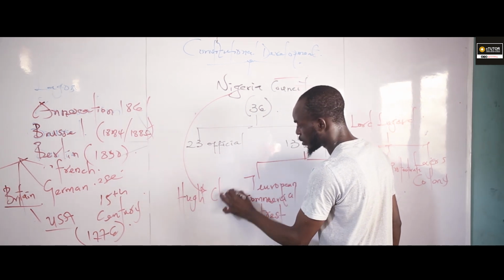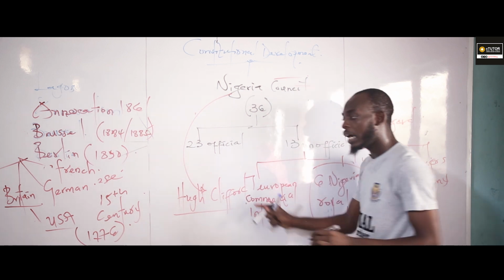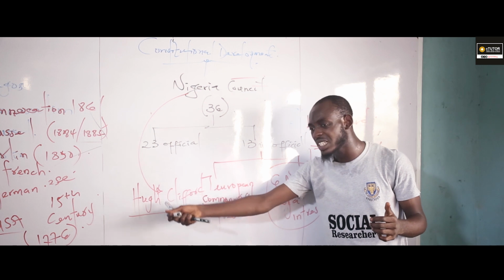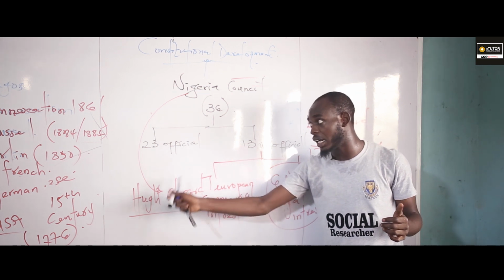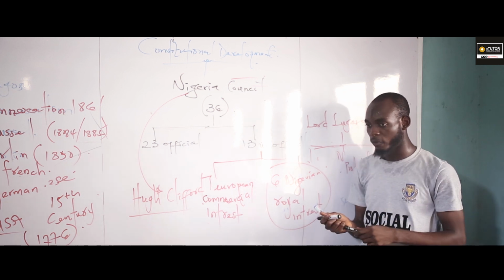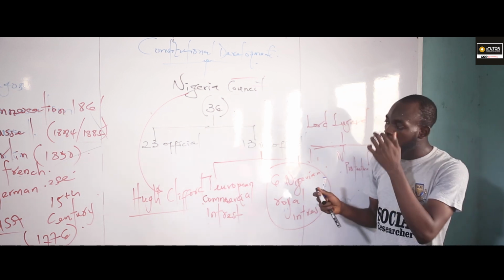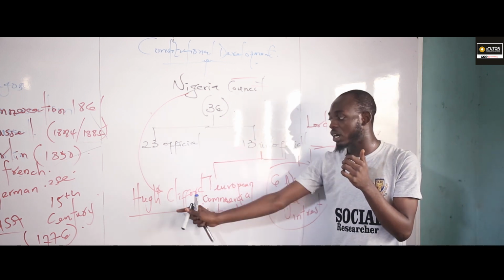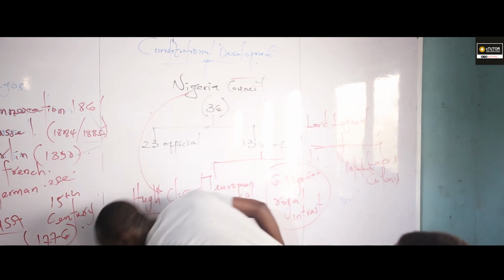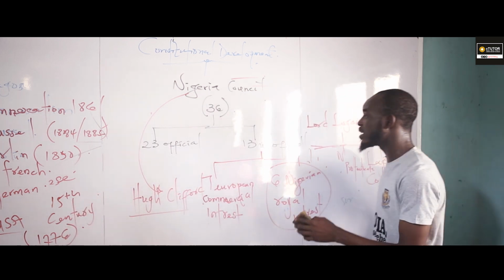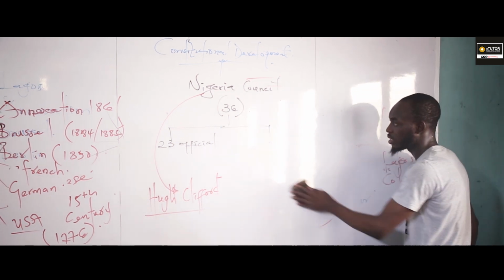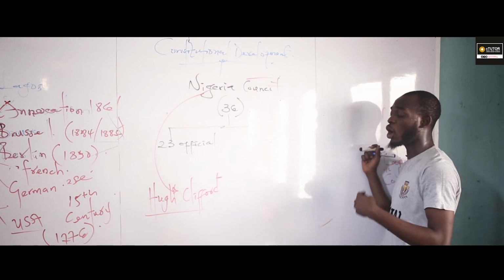Clifford. Now listen, before we get to the reason why he abrogated the Nigeria Council, we have to explain what I mean by the nationalist movement. Before Clifford abrogated the Nigerian Council, there was something that occurred. Nigerians were seeking independence through a political party, or we can call it a nationalist movement,